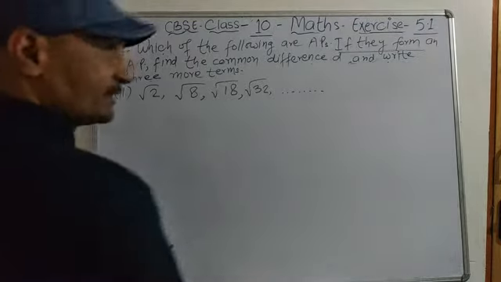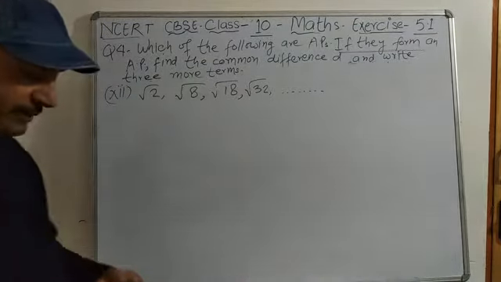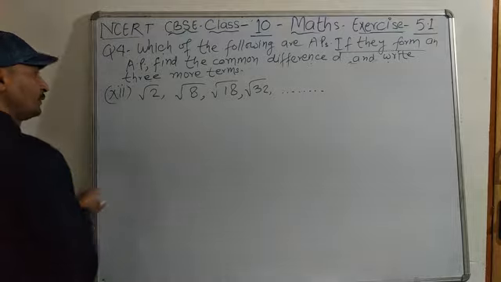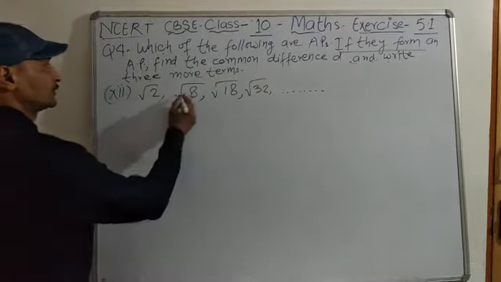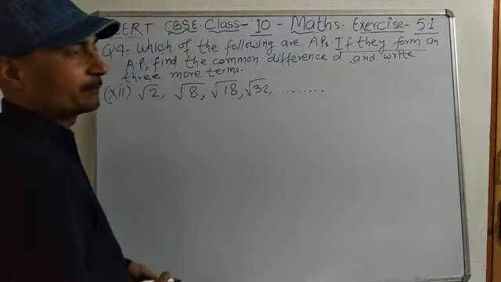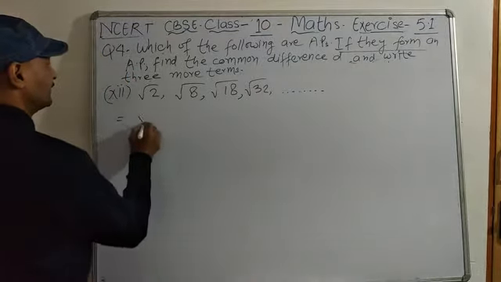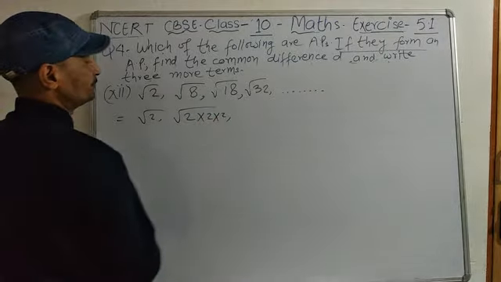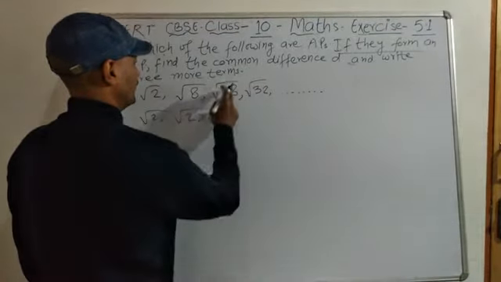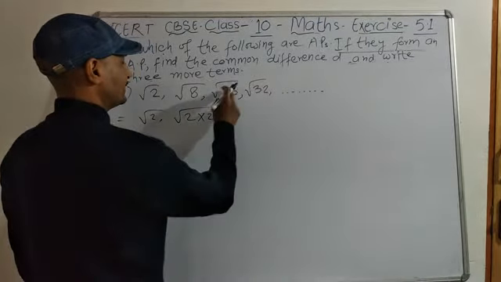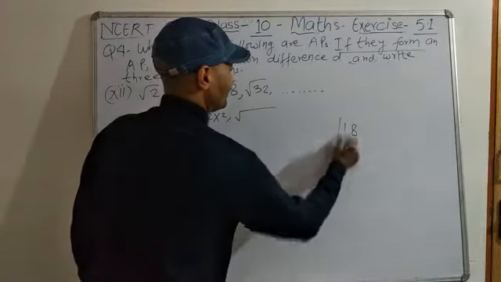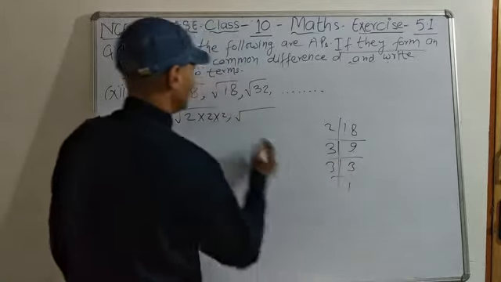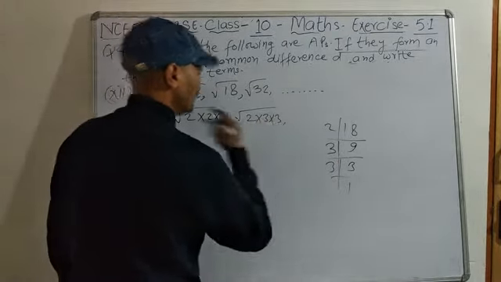Now the number 12 part is most important and it has almost always been asked in the board exams. So now see here. First, what we do is try to find the factorization of these numbers and get the square root. Root 8: factors are 2 into 2 into 2, 2 into 2 is 4, so 8. And root 18 is 18: 2 into 3 into 3, 2 nines are 18, 3 threes are 9, 3, 1, 3. 2 into 3 into 3.